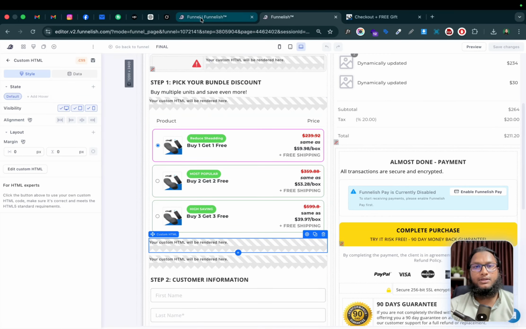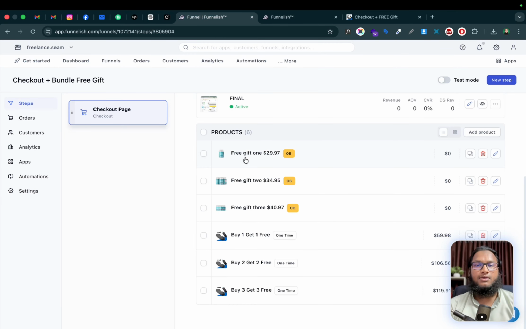Let's go first to the Funnelish checkout page dashboard. You see these are the three product items here, and this is the gift item. Buy one, free gift one, two and three, and I set the price to 0 here because this is just for showing the users on the checkout the product added to the cart. But in the back end,